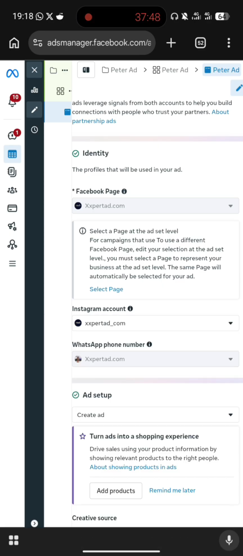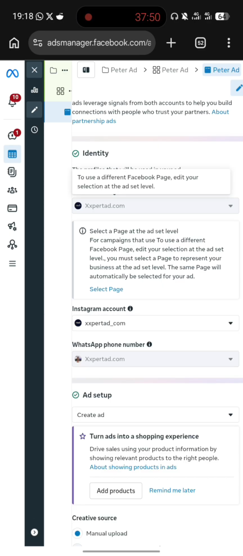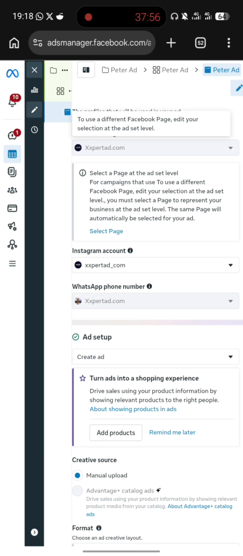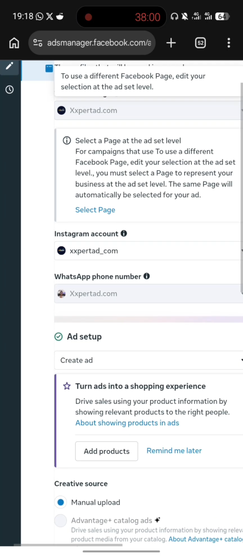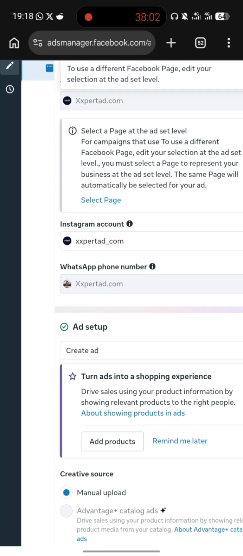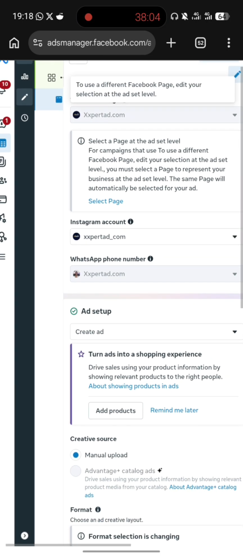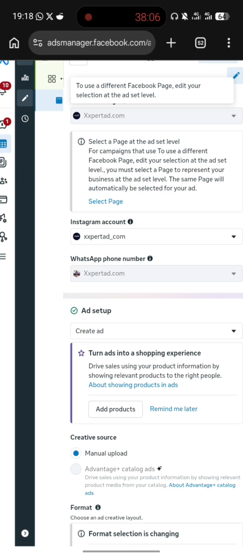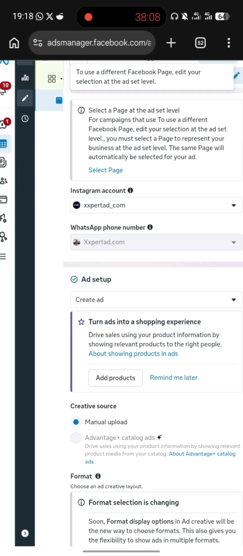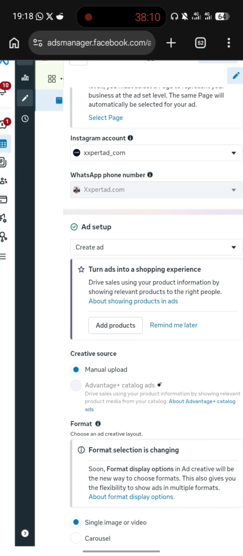So already you have a page. This page of mine is there instantly. Facebook just chooses it for me. You could see my Facebook, my Instagram, then my WhatsApp. I have my WhatsApp number already on that page. So it's an automatic thing for Facebook. They do not have to do anything special. Then you can source for your creative